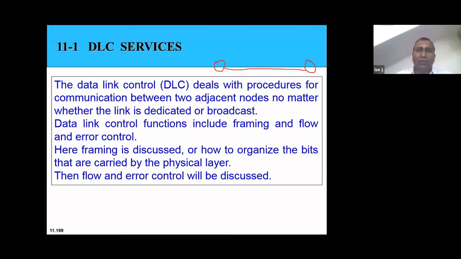Physical layer will see that entire frame as zeros and ones, and then it will convert those zeros and ones into appropriate voltages. And then physical layer will send these bits for onward transmission.